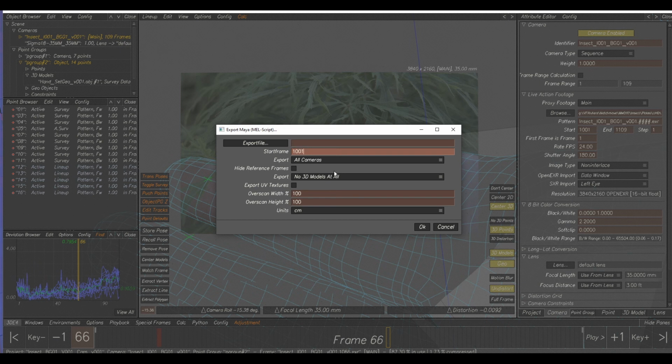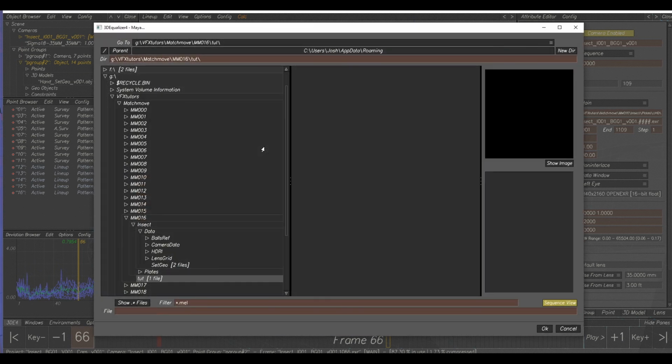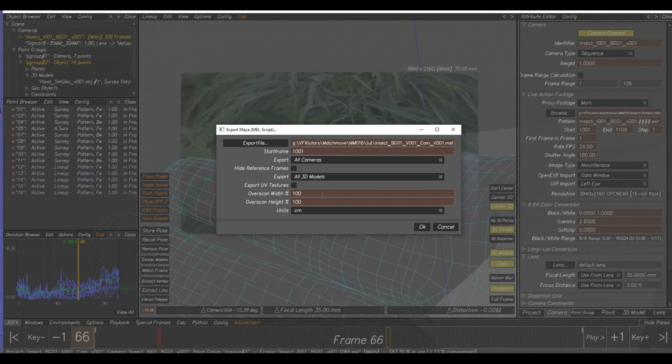1001. And what we can do, because it's quite a low res hand, we can export all models as well, and that will give us the lineup. So if we go and export our camera out, call it insect VG01 V01 cam V01, click OK, and